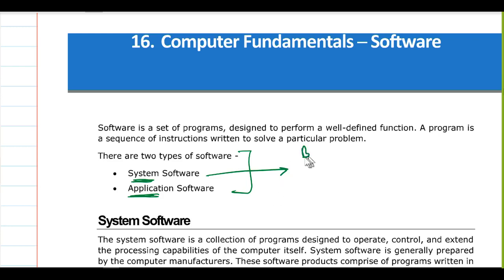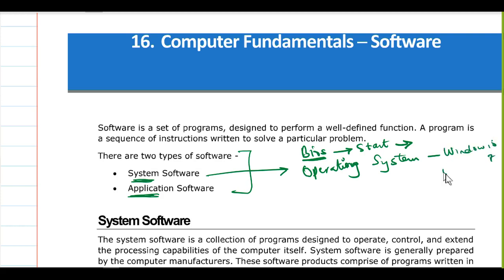We talked about BIOS. BIOS is not application software, but it might be classified like that. But now beyond BIOS, you normally install an operating system on top of BIOS. This allows the computer to start and now to receive more instructions. The operating system is like the governor of the computer. Some of you might be conversant with operating systems like Windows 10, Windows 7, Ubuntu, Mac OS, Android 9, 10. All those are system software.